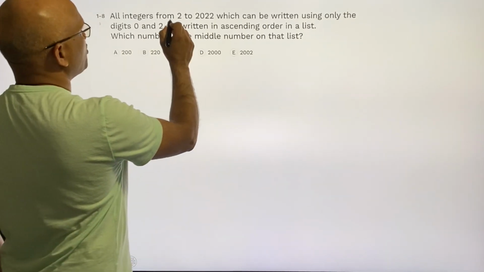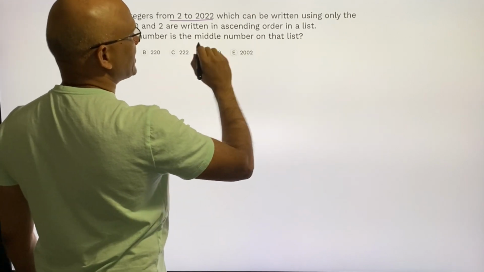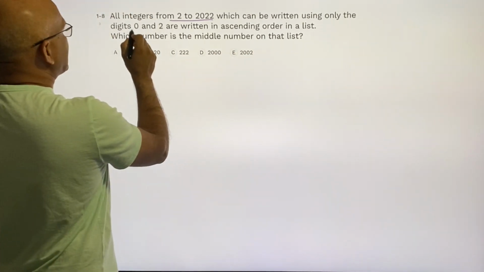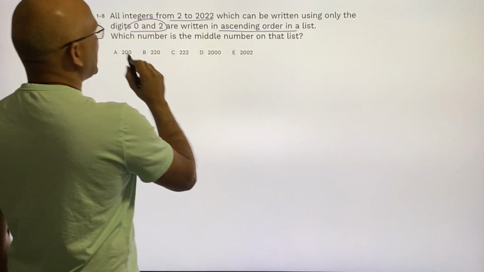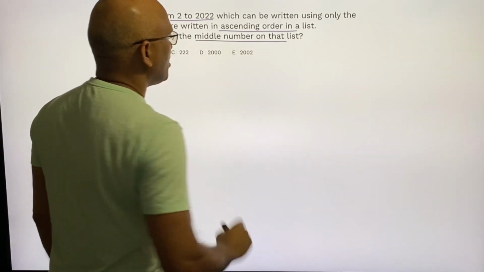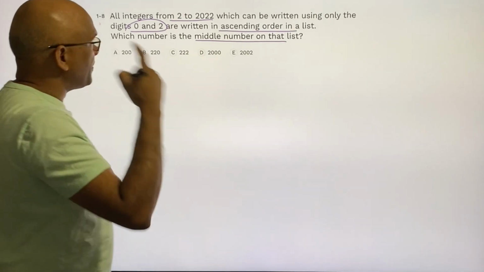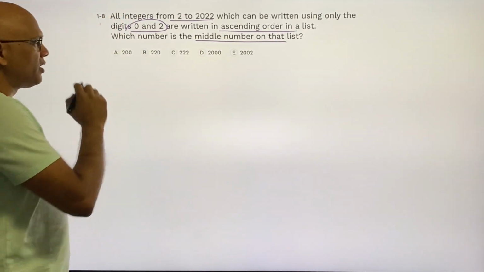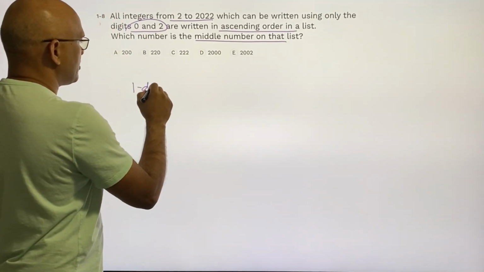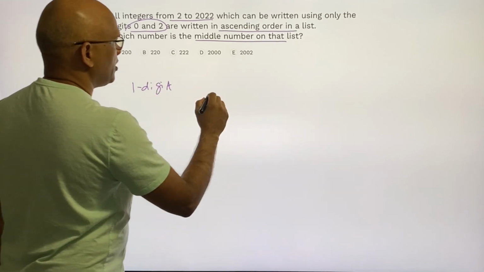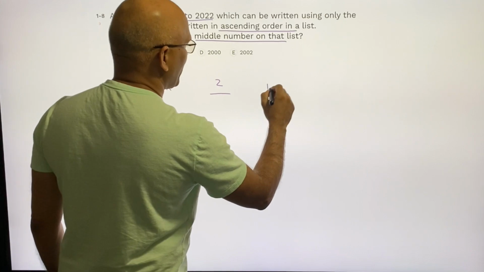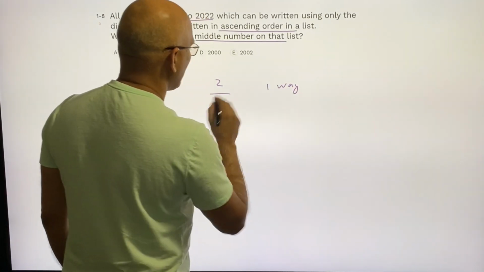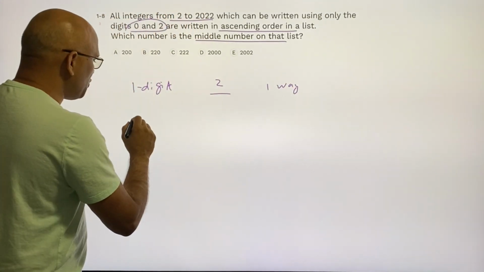All integers from 2 to 2022 which can be written using only 0 and 2 are written in ascending order in a list. Which number is the middle number on that list? Okay, so let's try to come up with those numbers. So one digit, the only possible choice is 2, so this means only one way, right? 2 digits,